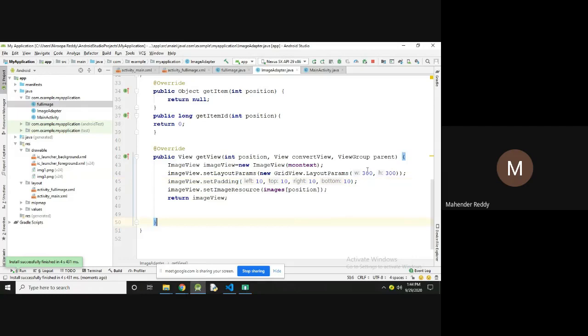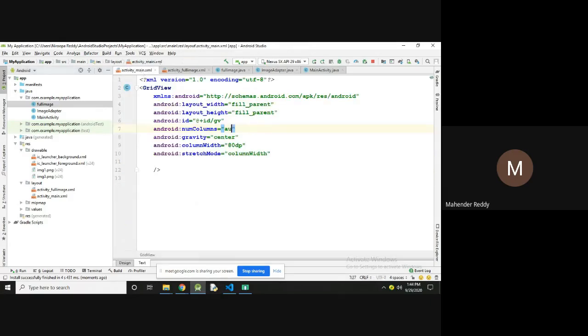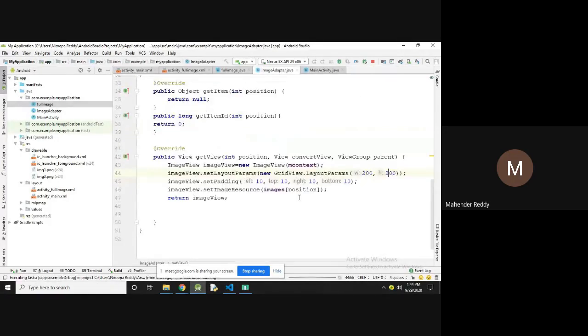So now I am going to change this to 200. For your convenience, you can use the number of columns here, 4 or 3 columns. So change it to 4 and 200, 200. Let's see.